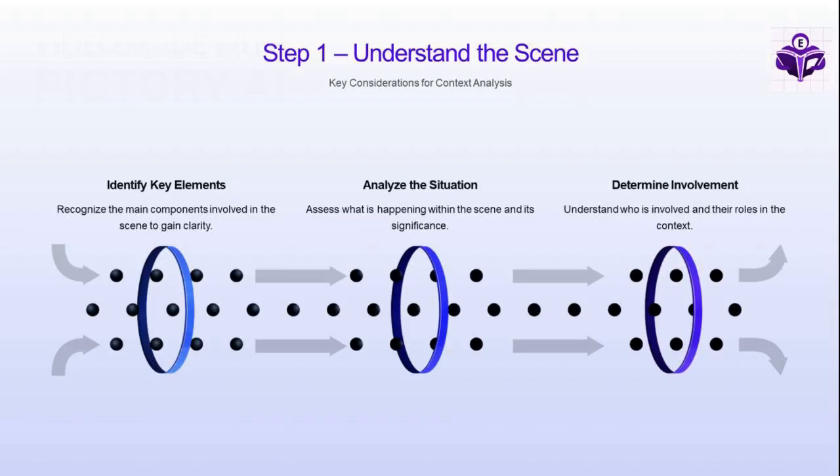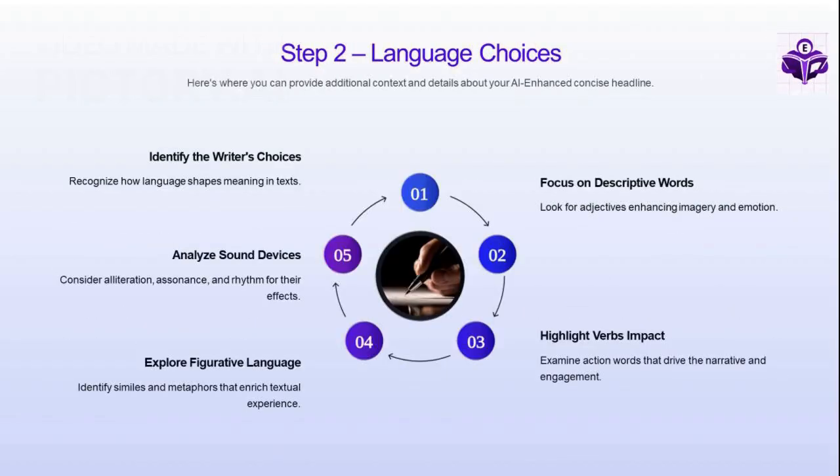First, understand what's being described. Read carefully, and make sure you know what's happening in the scene. Who's involved? What is the situation or moment being shown? Next, identify the writer's choices. Look closely at the vocabulary, the imagery, and any literary techniques. You might notice powerful adjectives, strong verbs, similes, metaphors, sound effects like alliteration, or even sentence structure and punctuation that